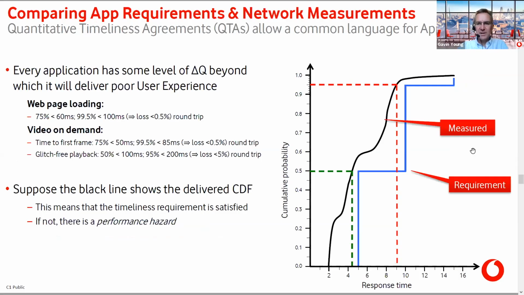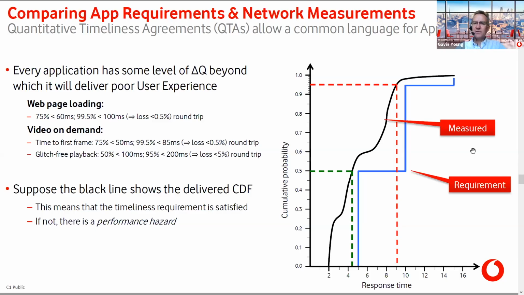So here's an example where the requirement is the blue step functions there, and the black is a measured network performance. And in this case, that measured black area is to the left of the requirement, so it's going to meet the requirements and everything's fine. And we've got a couple of examples on the left of how you can express requirements of, say, web page loading or video on demand using this kind of approach.